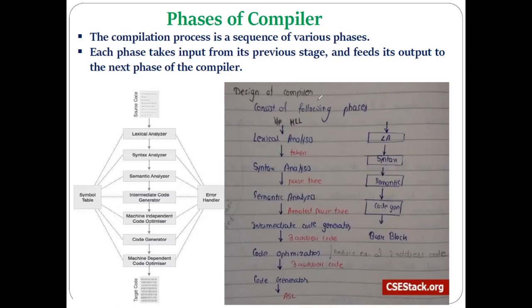The quadruple consists of four fields: the operator, two operands, and the result field. So in the quadruple, we make use of temporary variables to store the result. Then we saw the triple. Now in the triple, the drawback of the quadruple is avoided. In the quadruple, we make use of multiple temporary variables. In the triple, we avoid the use of temporary variables, and instead we use a reference to that temporary variable, in the form of a position number.